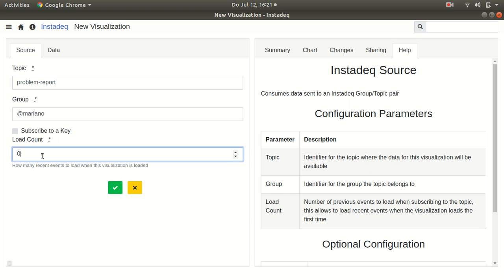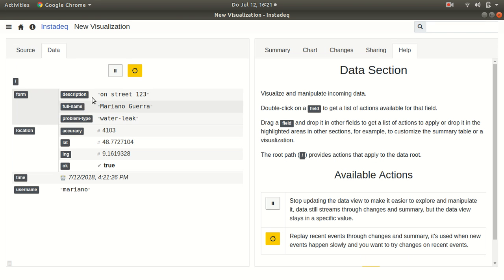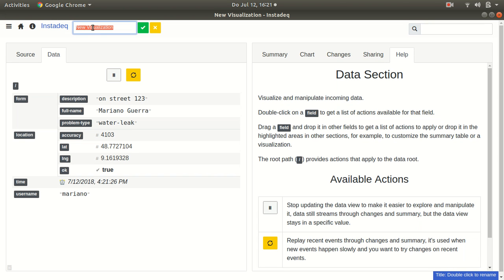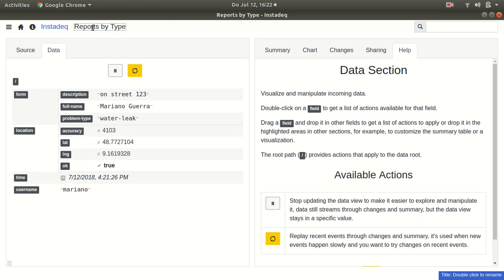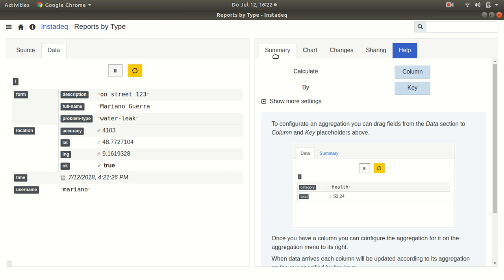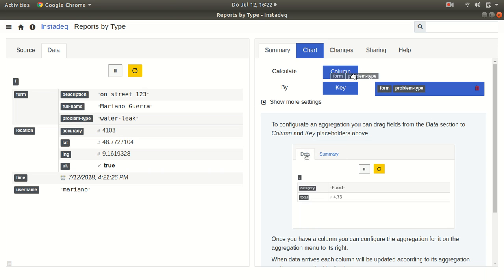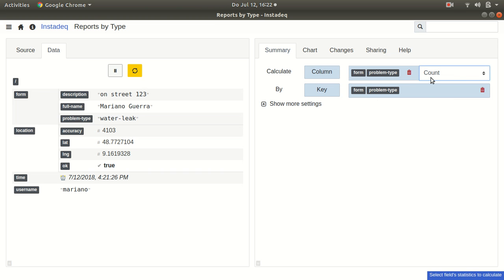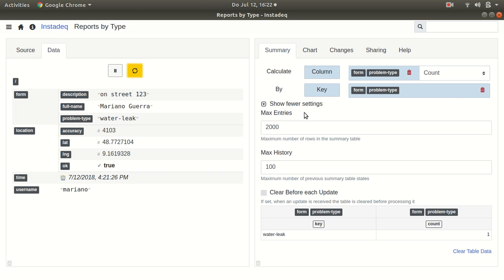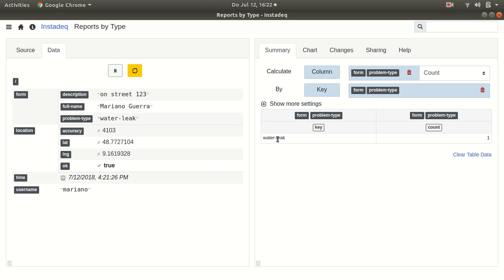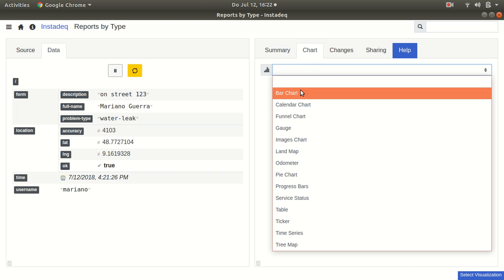Whenever this visualization loads, we want to load the last 100 reports, and we can see here that we already have our report. What we can do is a chart of reports by type. So we select summary and drop problem type, and we want to just count them, so we drop it and select count, and we can see that there's a water leak. We can select, for example, a pie chart,